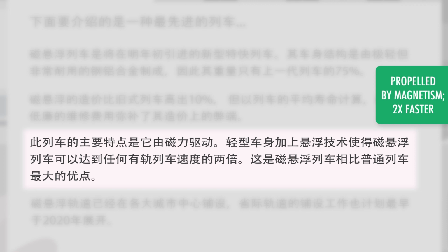The main feature of the train is that it is propelled by magnetism. The biggest advantage is that it can reach twice the speeds of any train that runs on tracks. 列车由磁力驱动，可达到任何有轨列车2倍的速度。